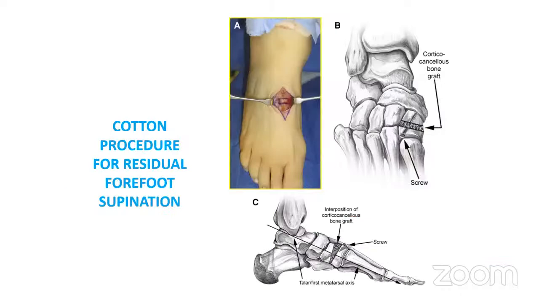And this was what I was telling you. If there is a supination also which is associated, then we have to correct that by performing a Cotton's osteotomy, wherein we are introducing a graft and correcting the supination by an osteotomy through the medial cuneiform. And the position of the wedge itself is going to tell you how we have got this correction there.